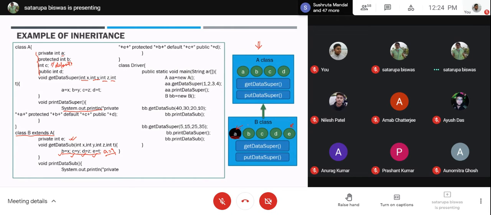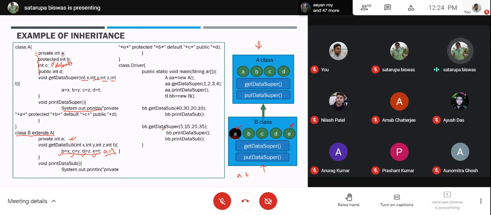Similarly, if you further extend your B class, say another class is here, that is C, that is trying to get the properties of B. Then what will happen?